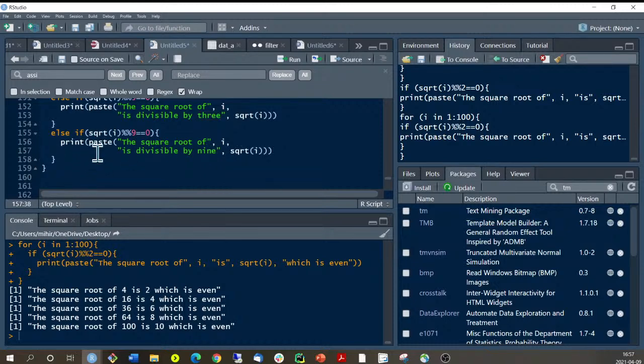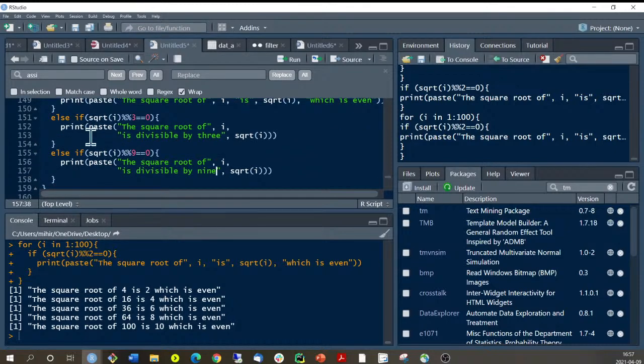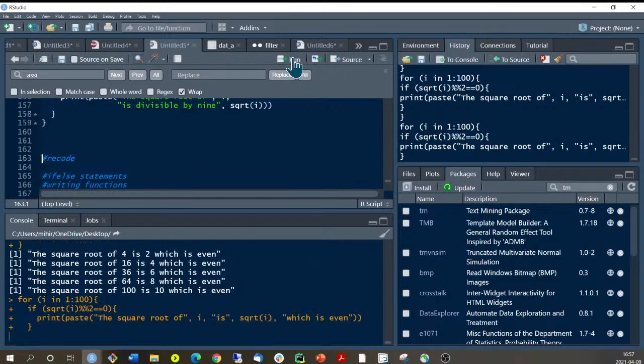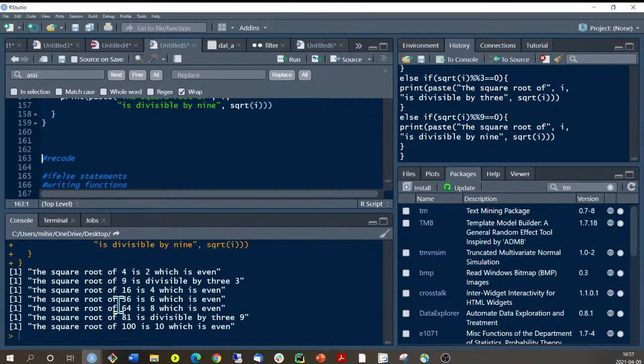So it will give you all the numbers, unless they have some coincidence that one may include the other. Yeah. So it gives you the square root of 4 is 2, which is even. The square root of 9 is divisible by 3. The square root of 16 is 4, which is even. The square root of 81 is divisible by,